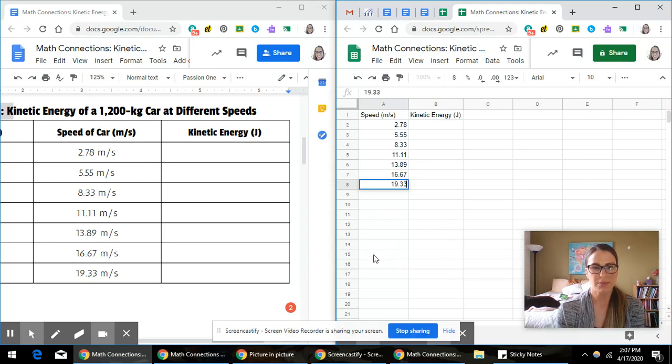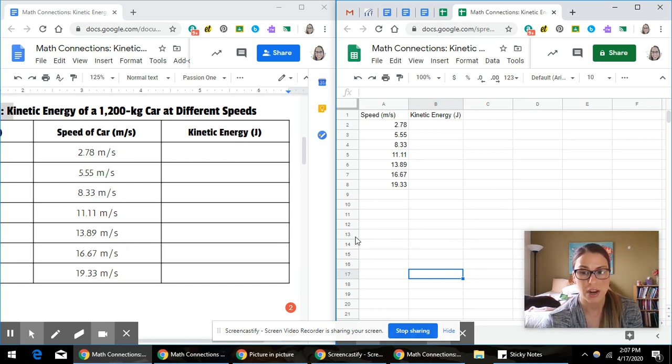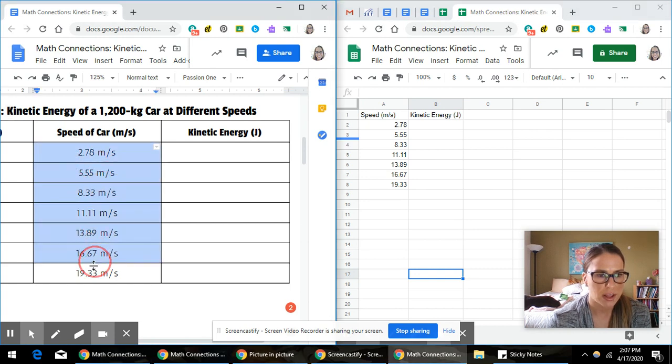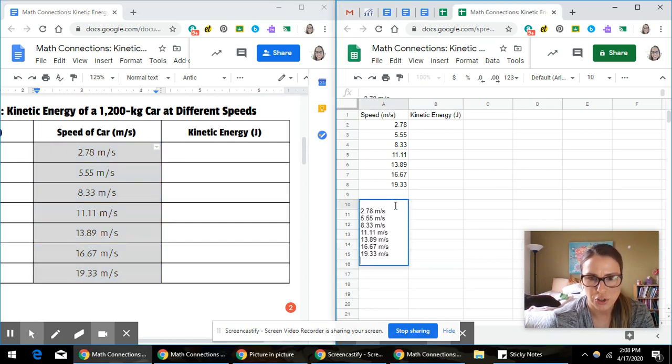Again, this would be an awesome time for you to pause and go type all of these in. You can try to copy and paste. I have not tried it myself. Actually, let's see what happens if we do that. So I'm just going to highlight all these. I like to press Control C to copy, and I'm just going to do it underneath here and see if it actually works. So,